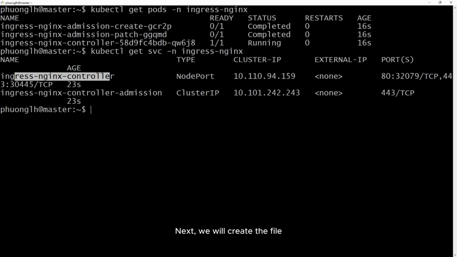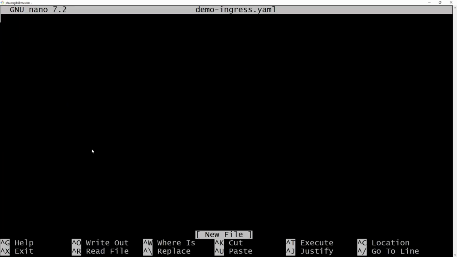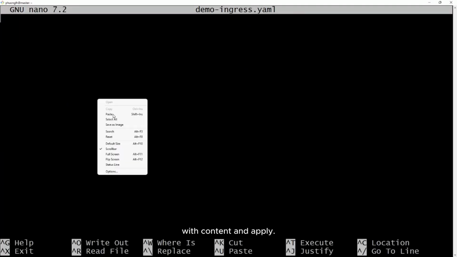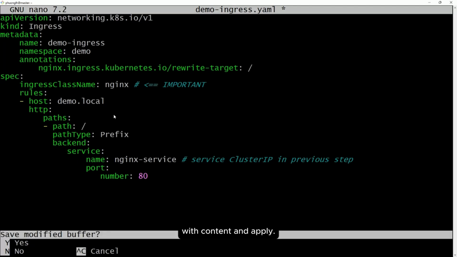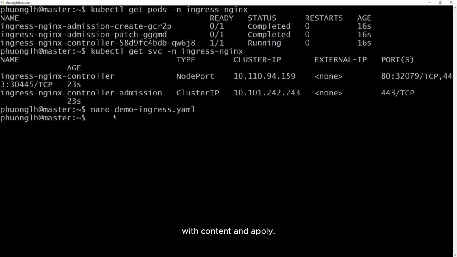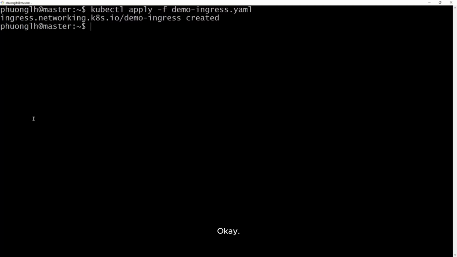Next, we will create the file with content and apply. Okay.